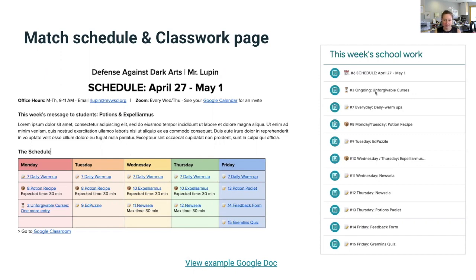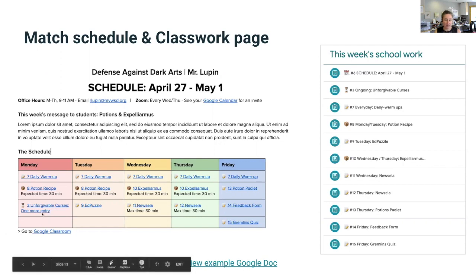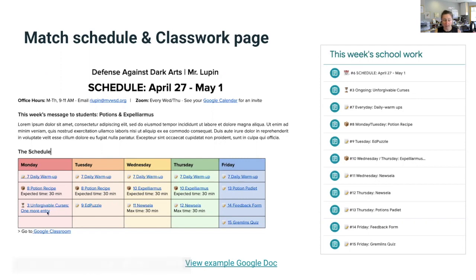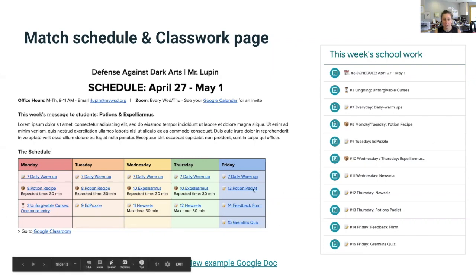We have the schedule, that's the document we're looking at here. And then there's ongoing unforgivable curses, which we're asking the student to do on Monday, and maybe it's something that's going to continue on for the week, depending on how difficult this assignment is. Every day there's a daily warm-up. On Monday, there's the potion recipe. On Tuesday, there's the Ed puzzle. The potion recipe continues on to Tuesday. So you can see it has this nice relationship and it's using the same language,